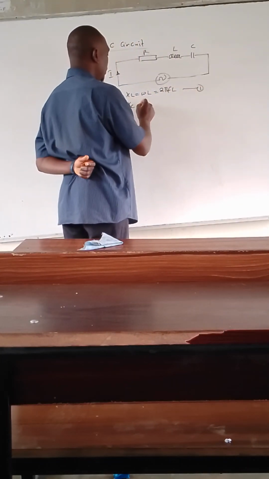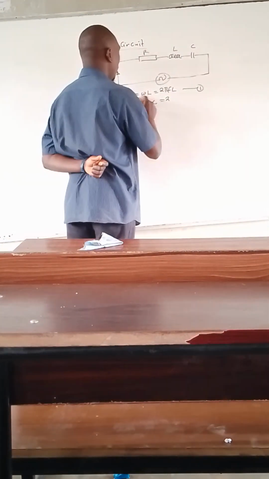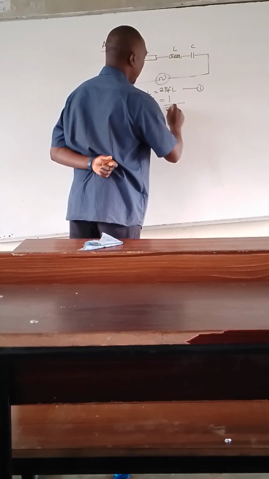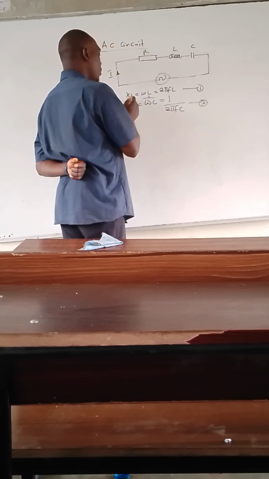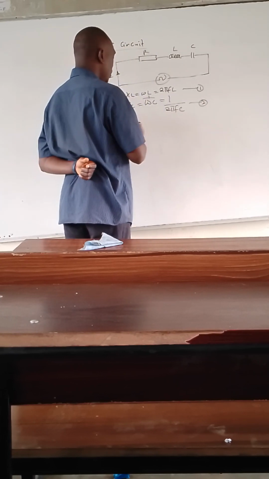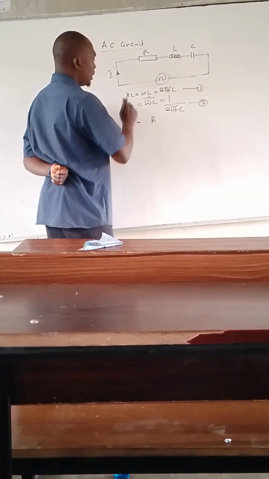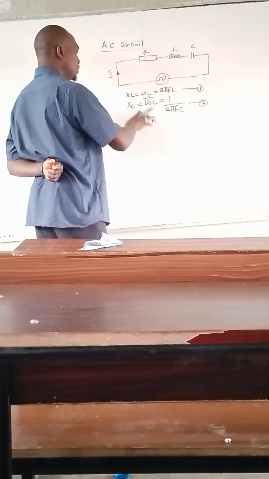Then we have XC, which is equal to 1 over omega C, which is the same thing as 1 over 2 pi F C. We call this equation 3. And remember, we know our R. So we can now say that all in all, we have